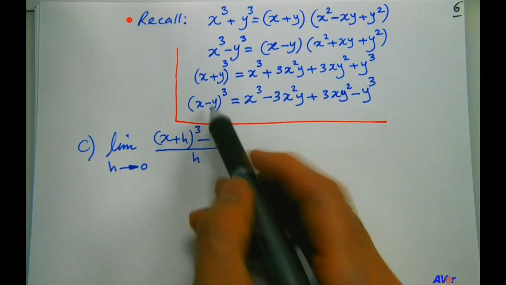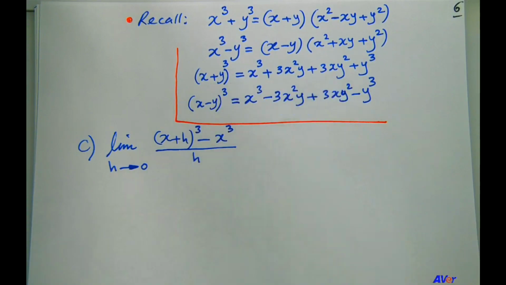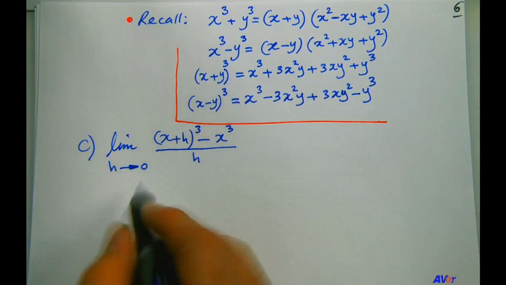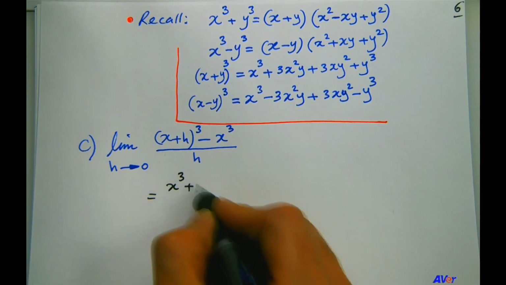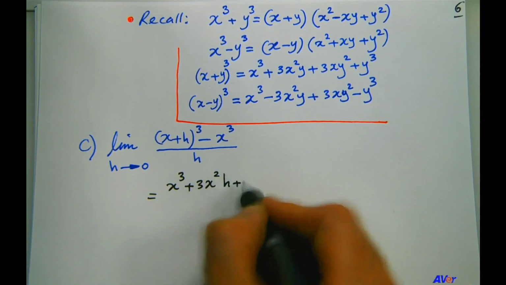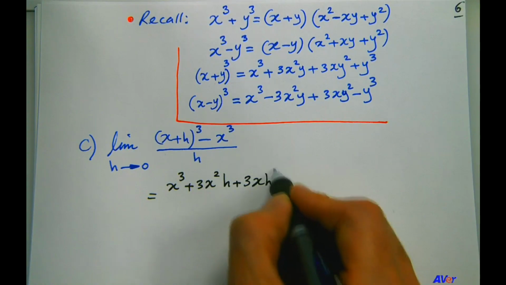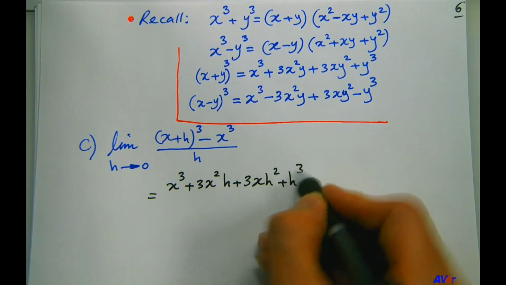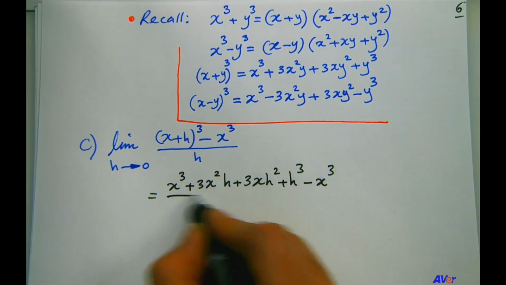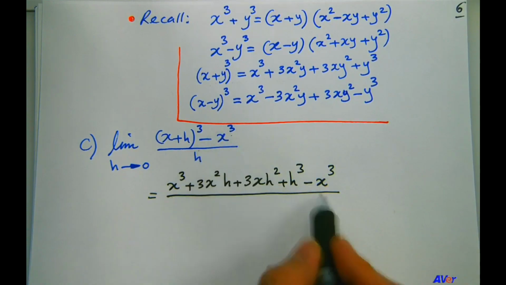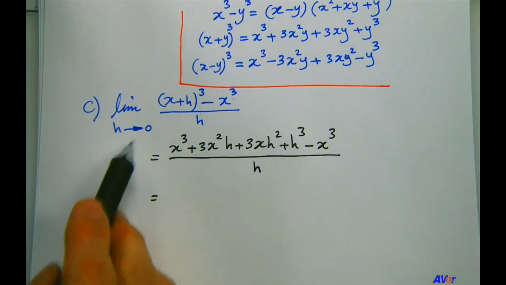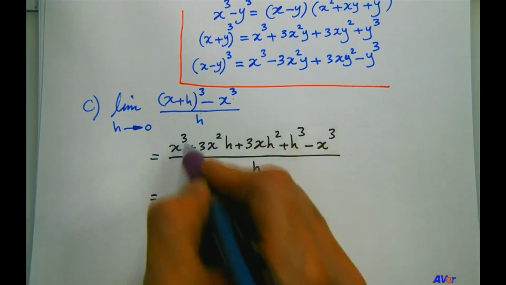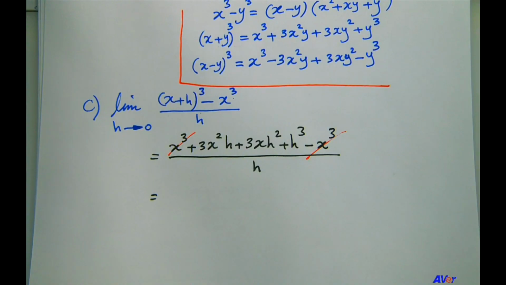So to do that, we're going to make use of this property, this expansion of x plus y cubed, or this shortcut formula. These are basically shortcut formulas. So we have x cubed plus 3x squared h plus 3x h squared plus h cubed minus x cubed, all of that minus x cubed divided by h. For now let's simplify, and then once we're done, we're going to apply the limit to it. So we can see right away that this x cubed and this x cubed cancel each other out, and we end up with